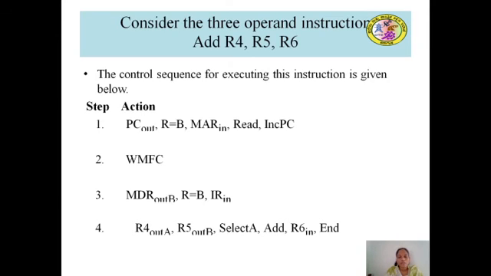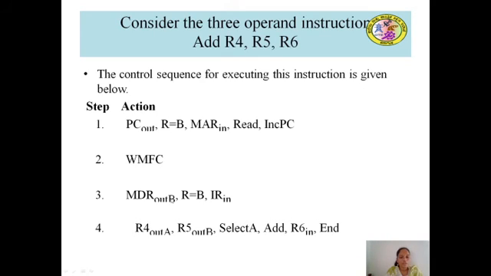At the same time, the content of PC needs to be incremented. For that, we're going to make use of INC PC, which increments the content of PC by 4. Now we need to wait for the memory function to complete. Once the function has been completed, the data is available in MDR, which should be sent out using bus B. The content of MDR has been transmitted to bus B using MDR out.